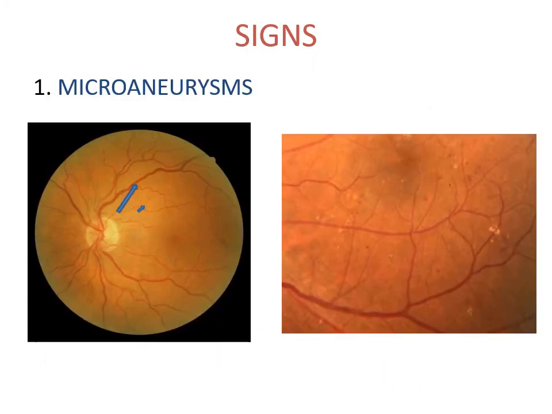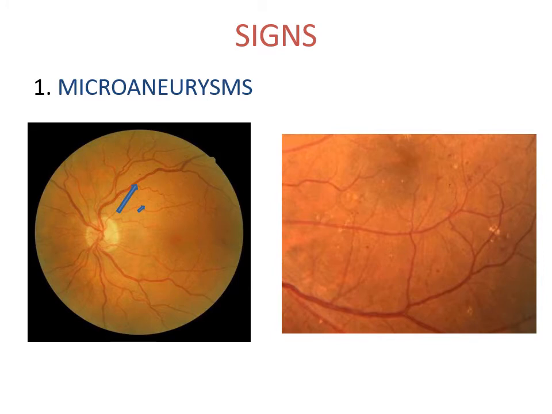The symptom of diabetic retinopathy is usually gradual progressive diminution or blurring of vision. The signs are very important in a case of diabetic retinopathy. So the first sign to occur are microaneurysms. What are they? They are localized saccular outpouchings of the capillary wall that are formed either by focal dilatation of the capillary wall where the pericytes are absent or by fusion of two arms of a capillary loop. So because of loss of pericytes, there is basically endothelial cell proliferation, and these proliferations appear as saccular outpouchings.